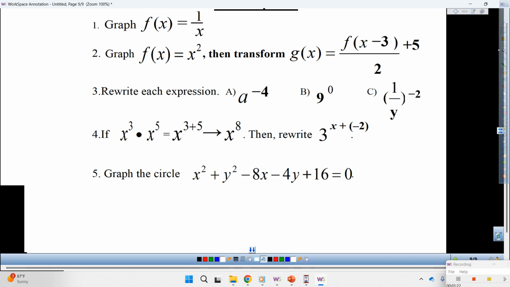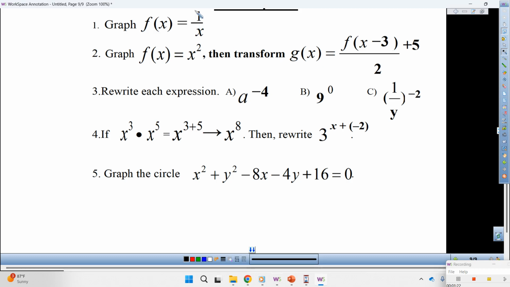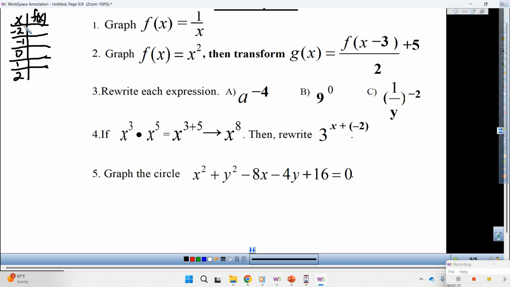So, here we go. Graph f of x, 1 over x. What do you do for that one to graph? Let's start with Joseph. What'd you do? Made a table. All right. And what numbers did you use for x? -2, -1, 0, 1, and 2. Ooh, that is correct. And of course, if we substitute values here for x, we get -1/2, -1, undefined, 1, and 1/2. So the graph for that one,